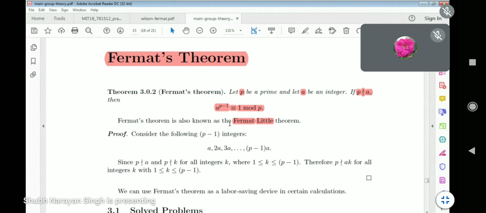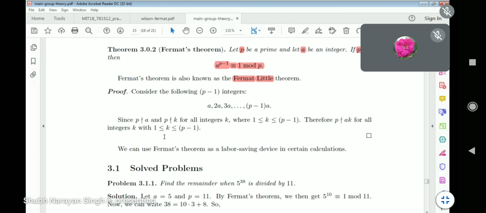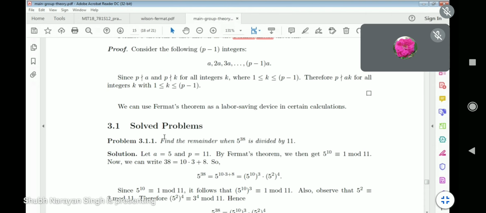I started the proof but could not complete it. In the next lecture we will discuss the proof of this theorem also. Now, why is this theorem important? Based on this theorem we have some questions. Suppose that you want to look for the remainder when this big quantity